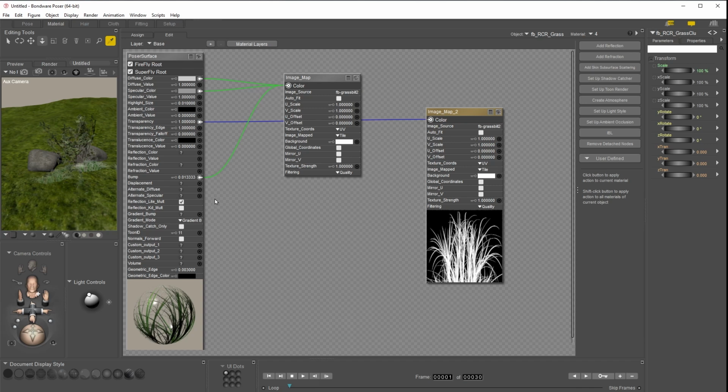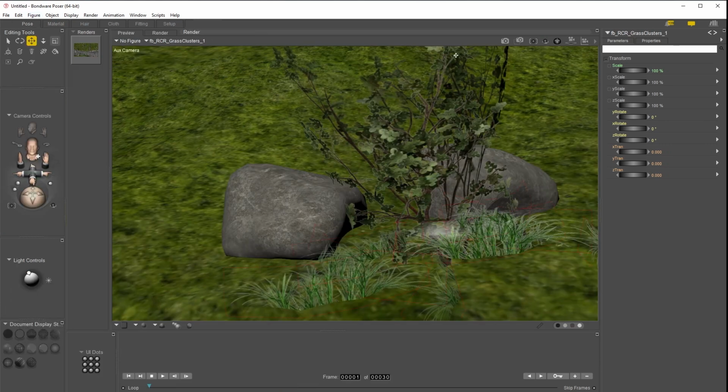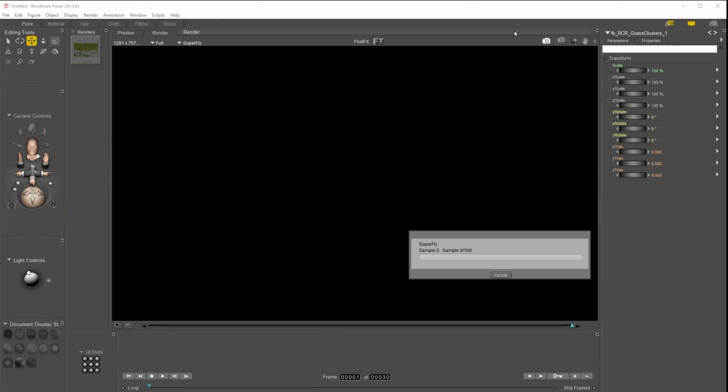But there's two things going on here. The first thing is what they've done, and this is the really common one why transparency is reflective, is they've set a specular value for transparency, and the first easy thing is just to set that to 0. What they've done is try to give the grass some shine, and that specularity should be cut out by this transparency map, but it's not working. So if I just render that,